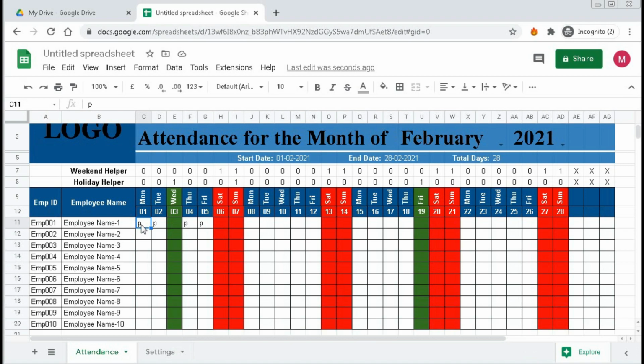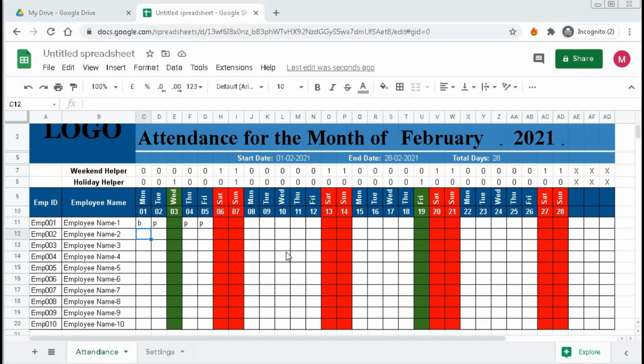But here we can put any legends. If you want to put H, you can put H. If you want to put L, you can input L. If you want to put B, you can put B. But we want to use P as present, A as absent, SL as sick leave, AL as annual leave. Only these 4 legends can be used.